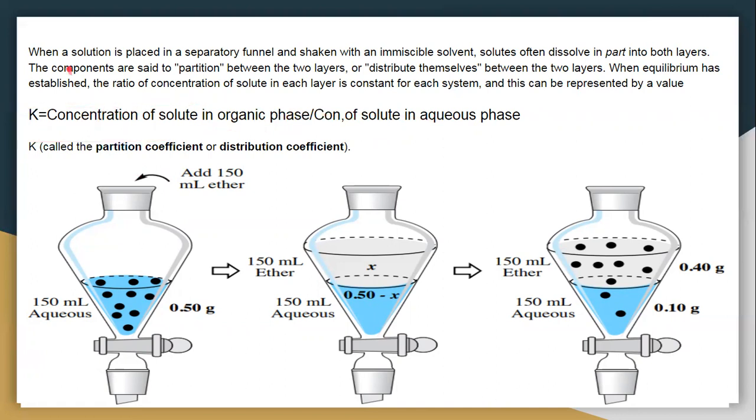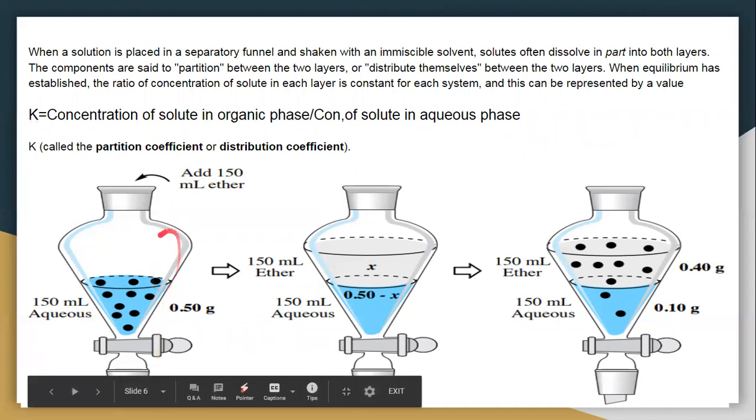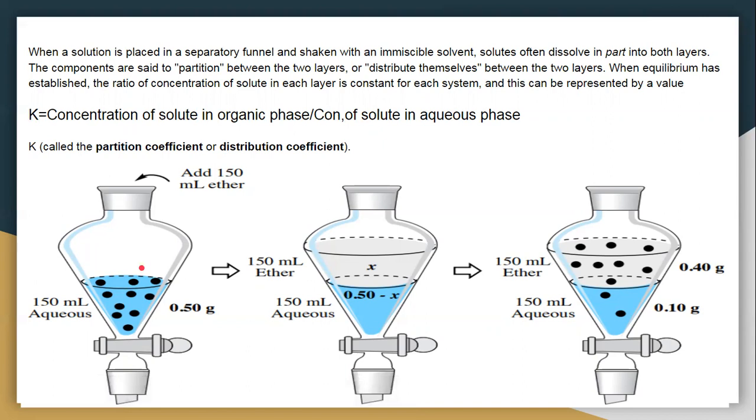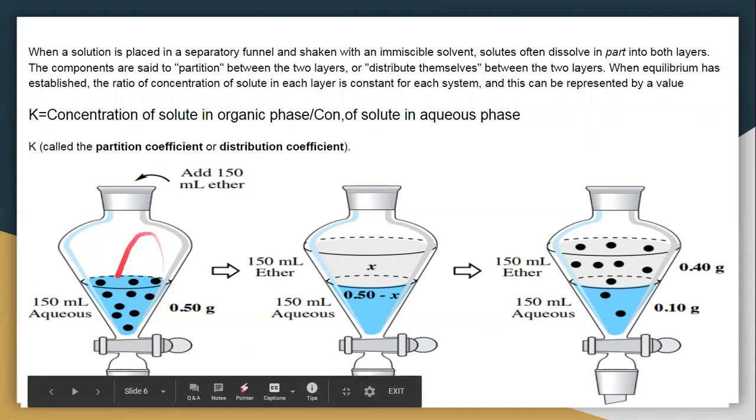Okay, so here it is. When a solution is placed in a separating funnel, this apparatus is known as a separating funnel. It has a lid, with which we can turn it on and off. When we turn it on, the solution comes out from this separating funnel. So this apparatus is known as a separating funnel.